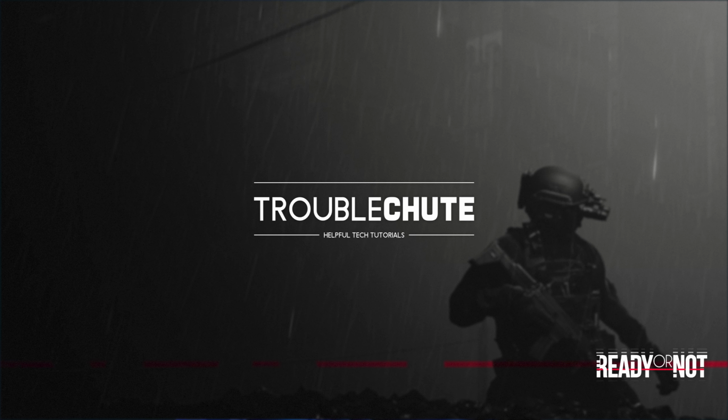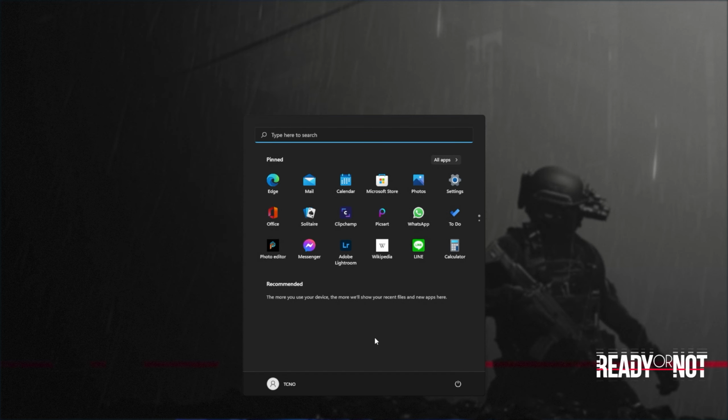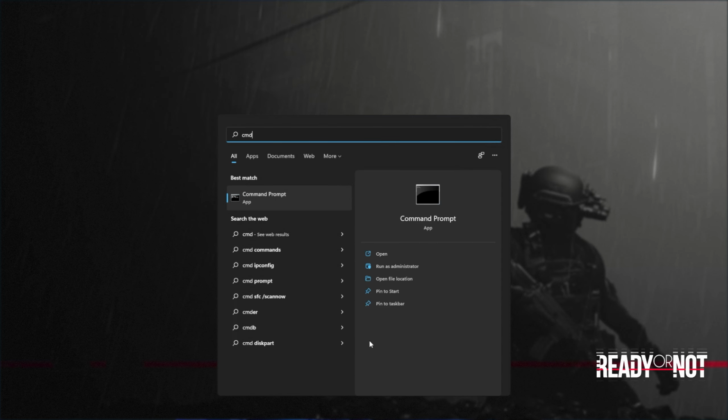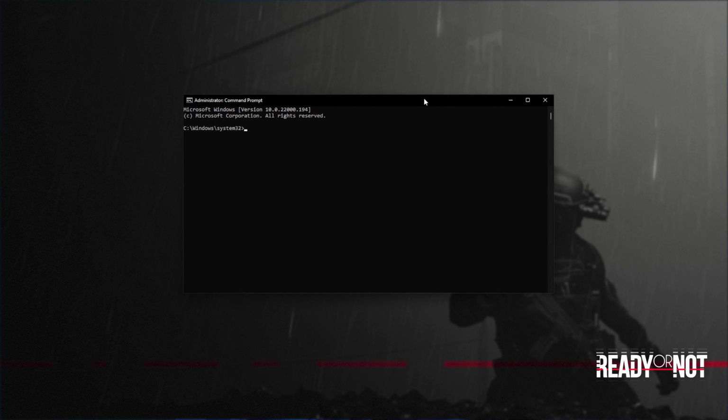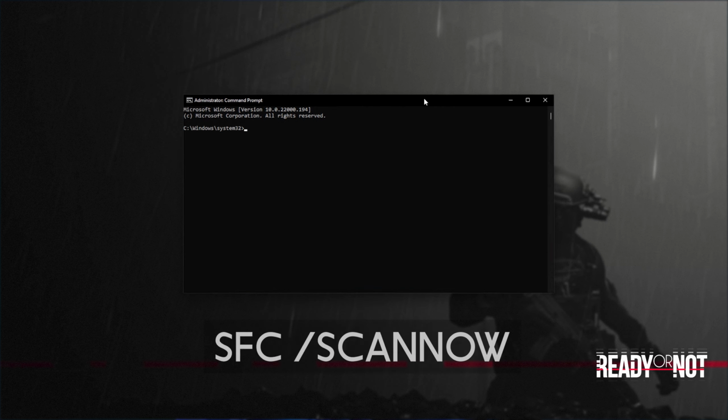However, if you're still receiving an error, try rebooting your computer and then try the applications once more. If you're still receiving errors, hit the Start button on your keyboard, then we'll be searching for CMD. Right-click Command Prompt and then click Run as Administrator. Click Yes when prompted for admin, and inside of this window over here, type in SFC